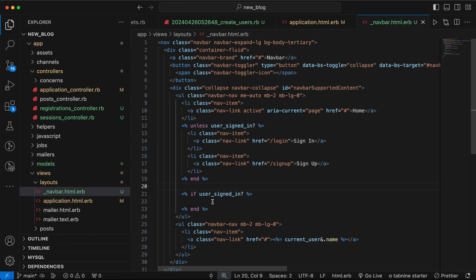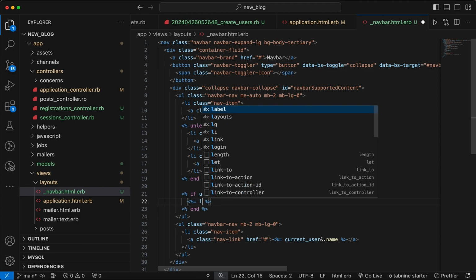Because the user is logged in, they now have to log out. That's why we check if the user is signed in, which means that the user is present in the session. Let's add a link to